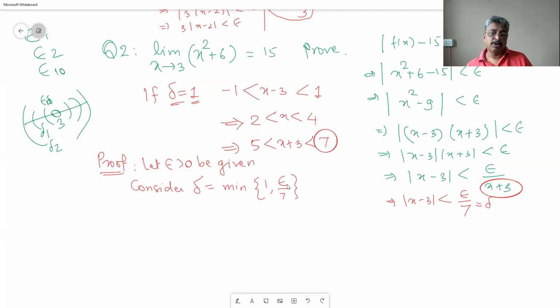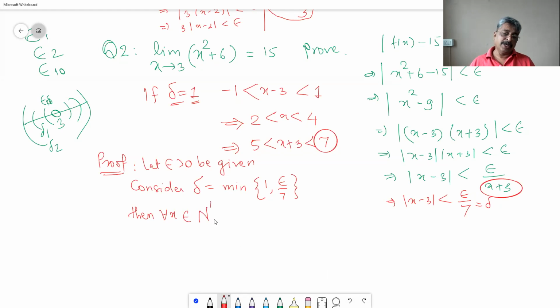Choose delta, minimum of this, then you write one statement that then for every x belonging to deleted delta neighborhood of 3, we have absolute value of f of x minus 15 is equal to, you perform all these LHS steps and arrive